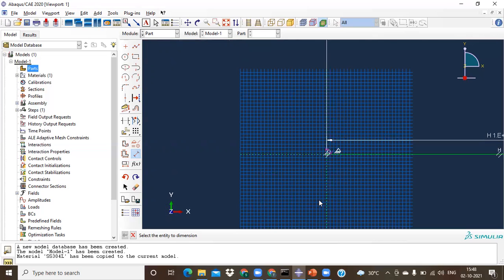But if you just remember this, guys, when I'm trying to create this particular problem, right click, edit, when I create a part, the very first thing that I'm taking is 3D, and then it's deformable. And what is the modeling space? I'm choosing 1D, 2D, or 3D.